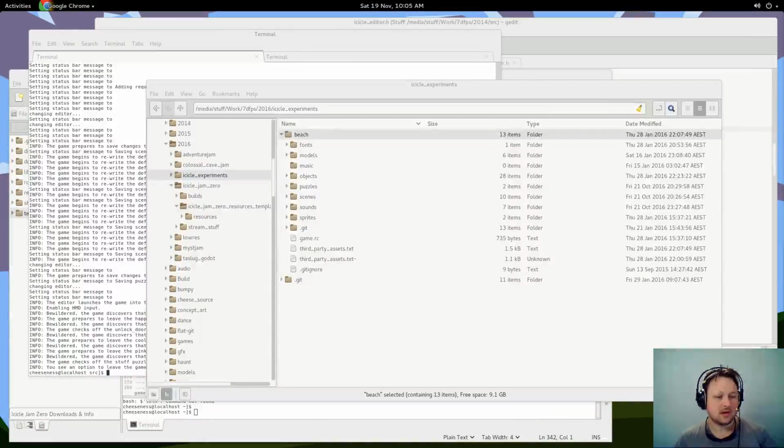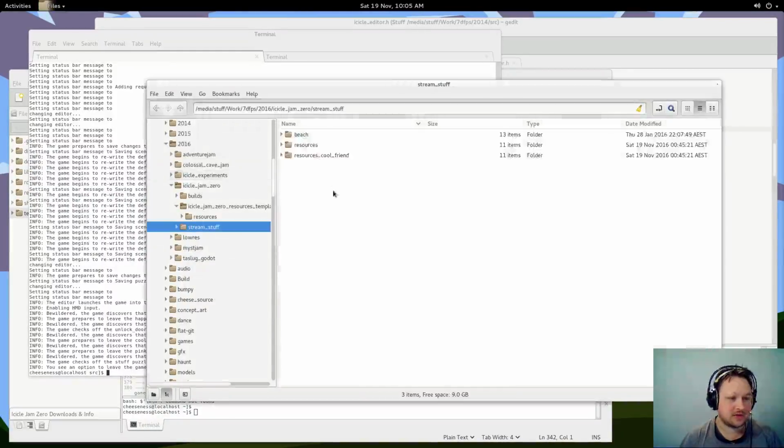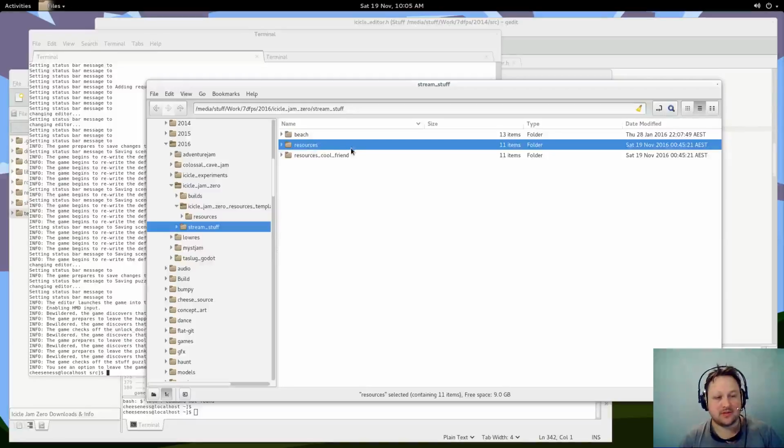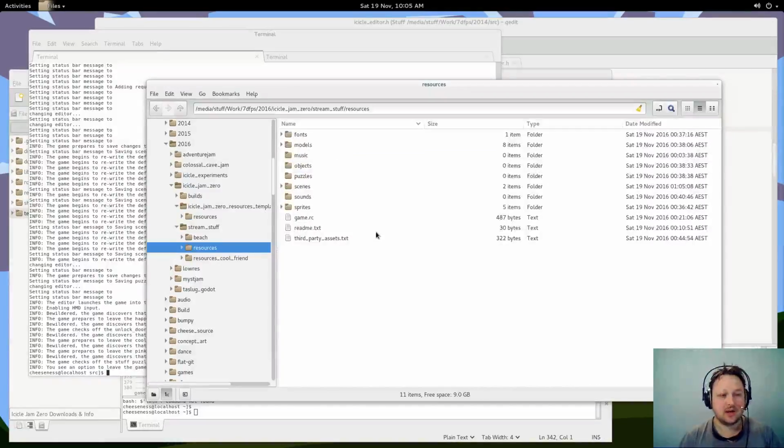So we'll see how we go. First up, there are lots and lots of concepts to go over, but I'm going to try and be brief. I've got a folder here called Stream Stuff. Sweet. I've got a folder called Resources, and typically this is what an Icicle game looks like on the